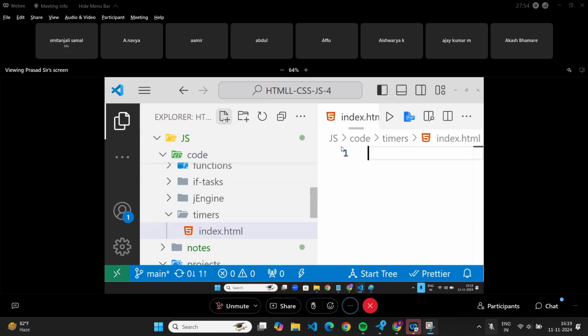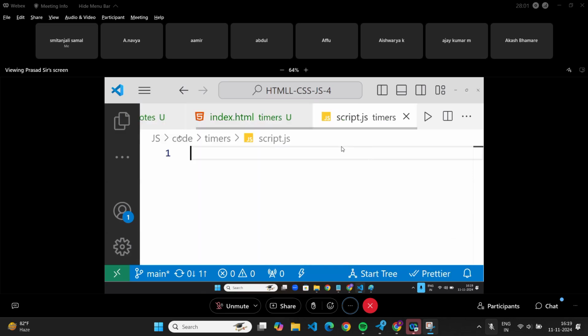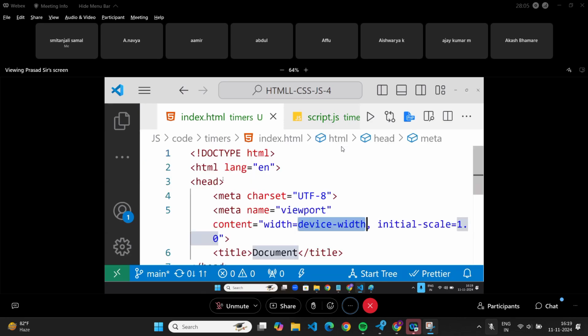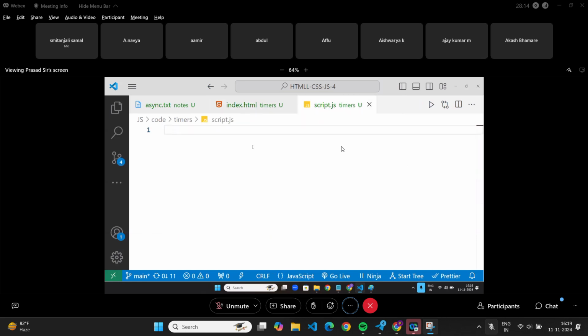Index.html, script.js. Now here script src dot slash. Now there are two timers available: set timeout and set interval.